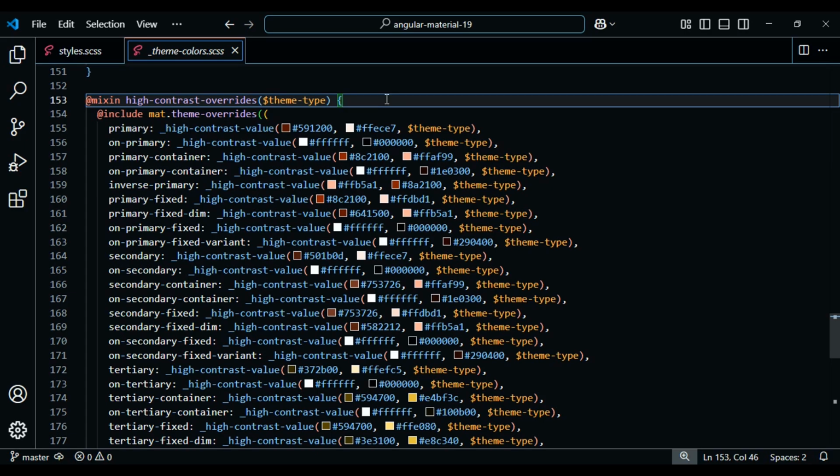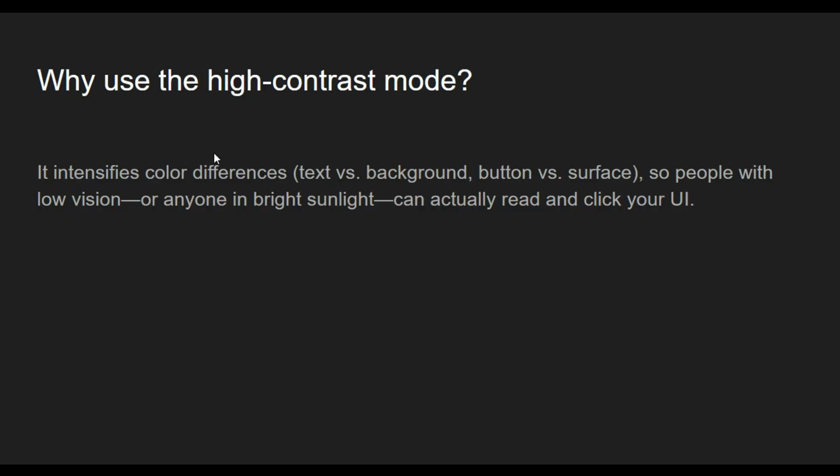One of the reasons you would want to use a high contrast mode within your application is it really intensifies the colors within your application, like the text, the background, the buttons, and it will allow the user to see the content on your website a little easier. Let's say they're out in the bright sunlight or they're in a bright office. They could set the operating system they're on to a high contrast mode, allowing them to see the content better